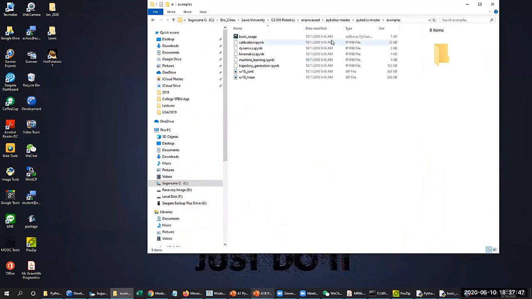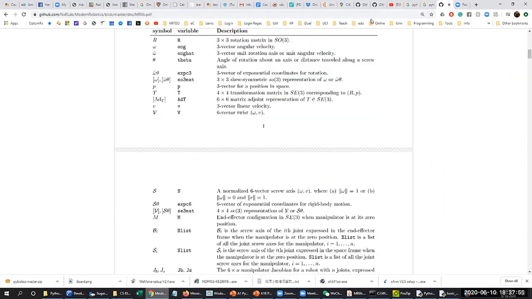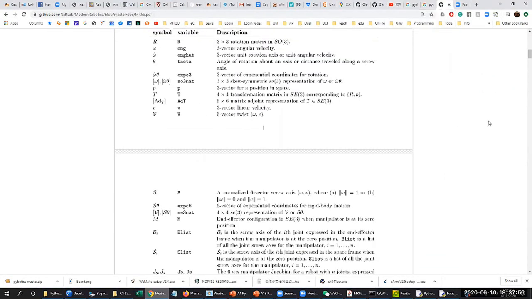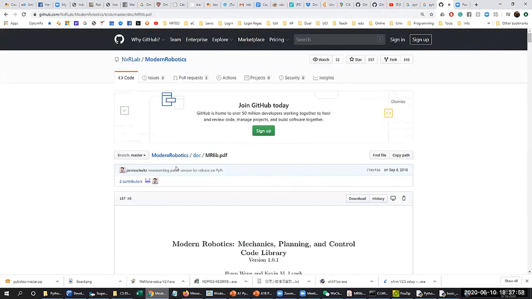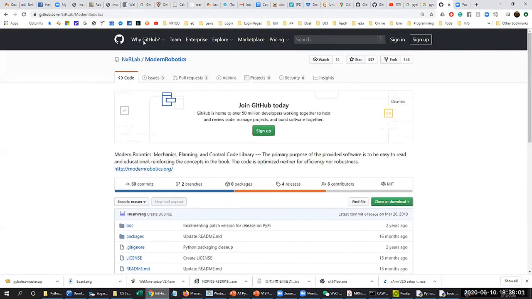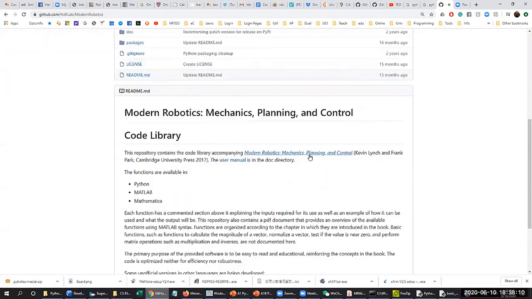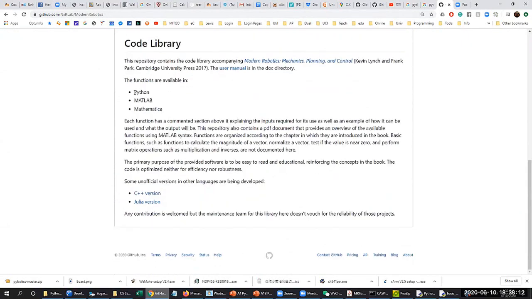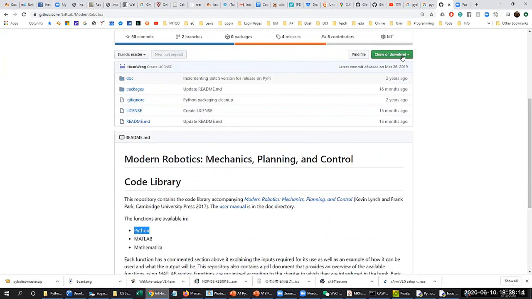Now let's look at the installation of modern robotics. So here, as you can see, we are seeing the user manual for it. So you can come to here, the GitHub NU Lab, Northwestern Robotic Lab, modern robotics. And come to here, it has the description. We need the Python package. You can download the whole package. And then once you download,